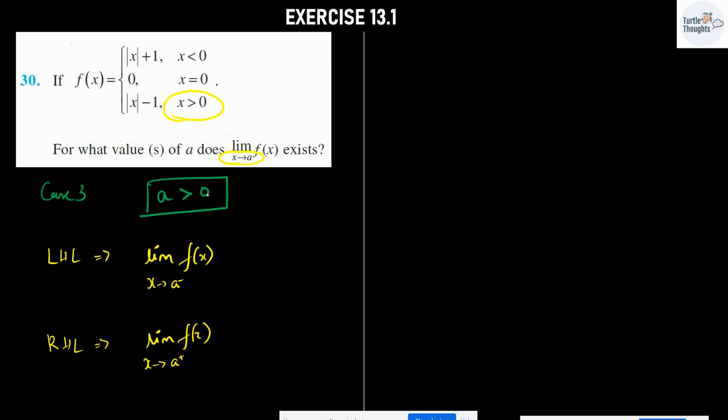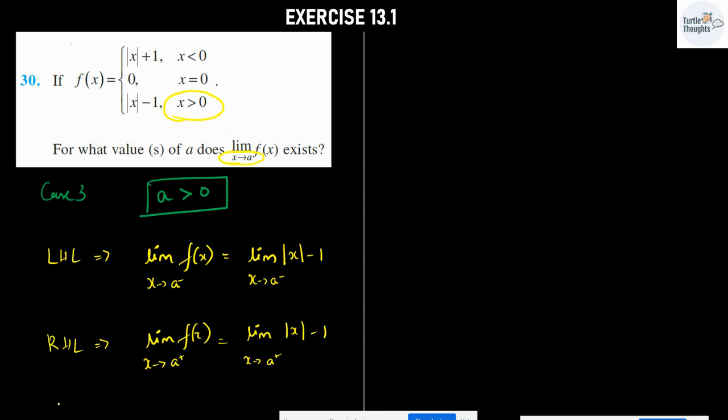So if a is greater than 0, can I tell even x should be greater than 0, because x value is going towards a, right? So I can write this as limit of mod x minus 1 as x tends to a minus. Here it is going to be the limit of mod x minus 1 as x tends to a positive,